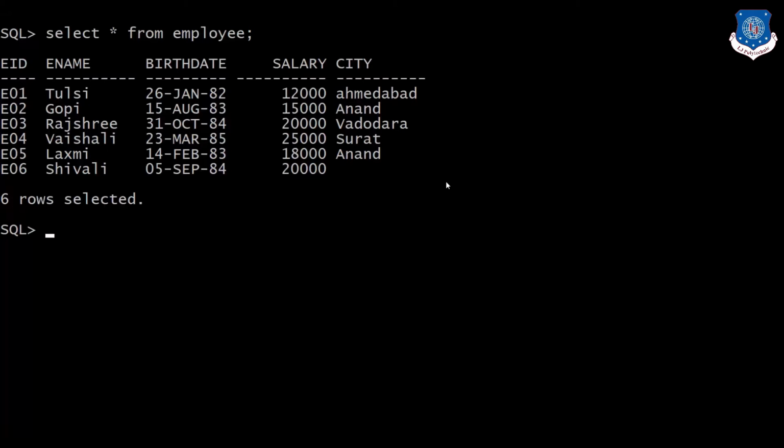Suppose from this set of data we want to find the maximum salary, who is having maximum salary, or what is the maximum salary of the employee table. So in that case, select max is the function, and we need to specify a column name, that is salary.